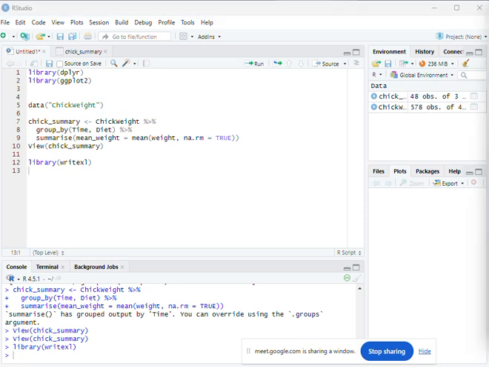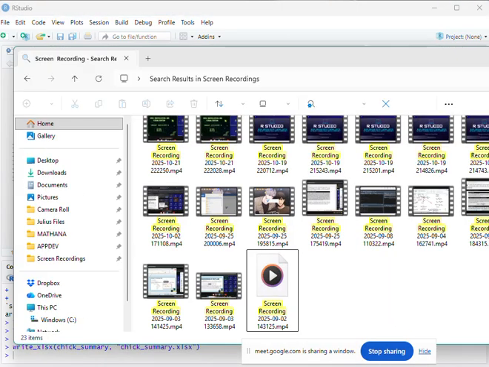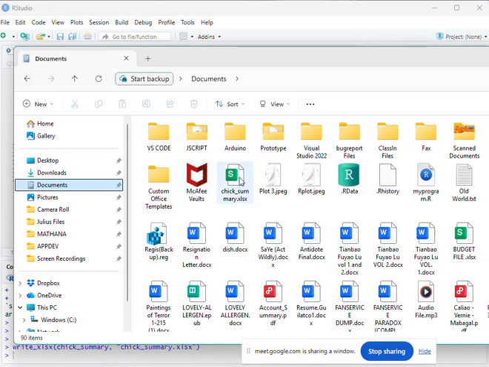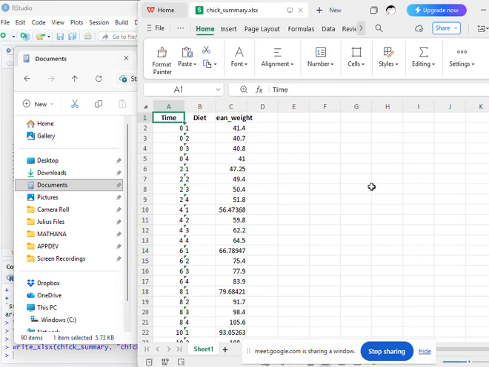Normally you will see a pop-up window telling you that you can now download the Excel file, but for me, it's normally here. So it's now loading. This is our summarized data exported to Excel.